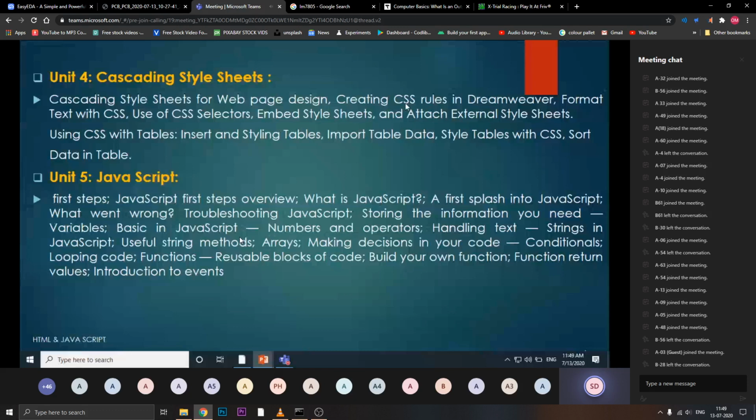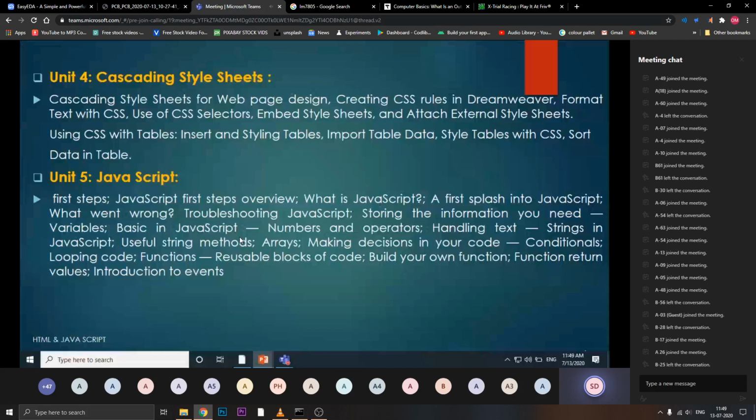Format text with CSS. Format text means if you have some textual part on your website, you need to apply some special effects to that text, means that text should be bold or italic. We use the font dialog box for that, but here through your coding you need to do this.